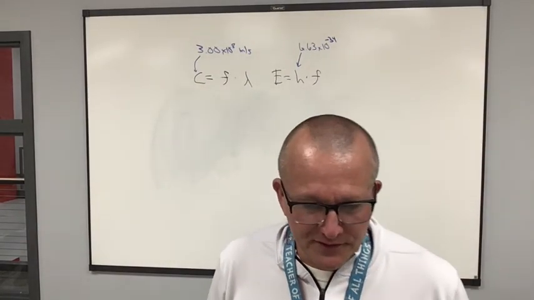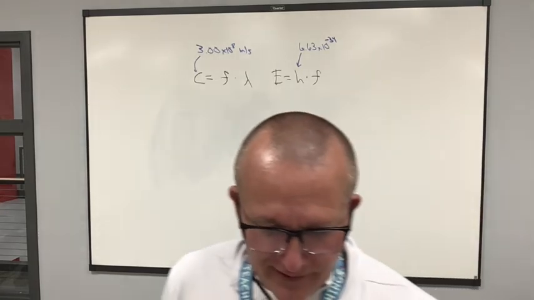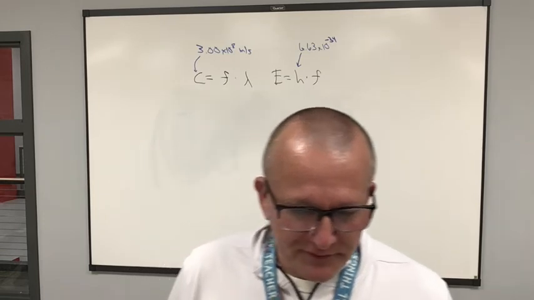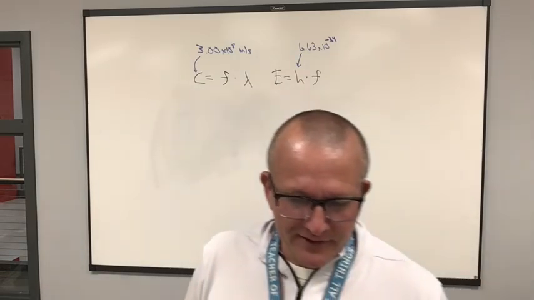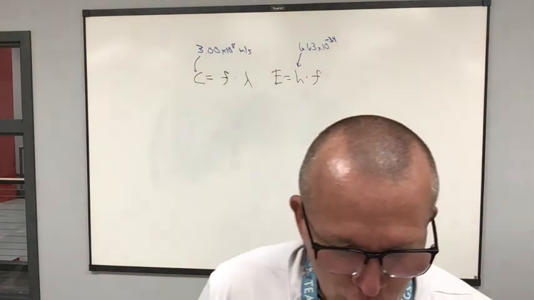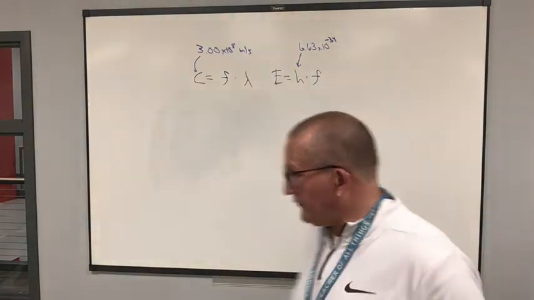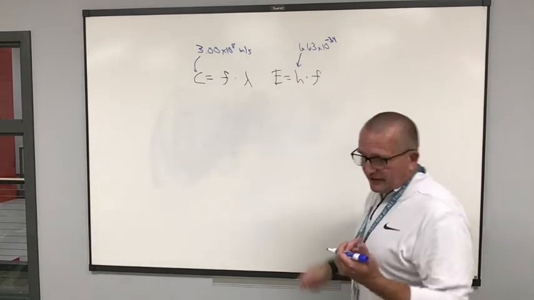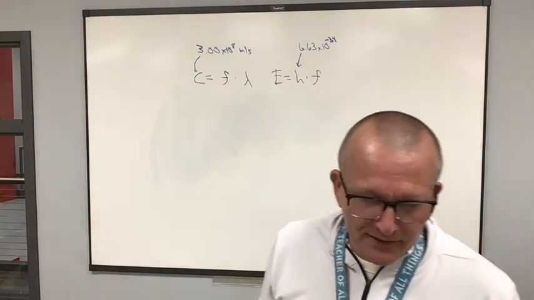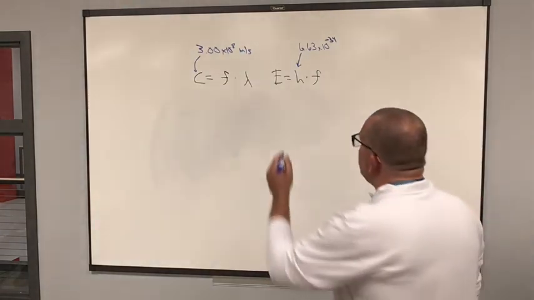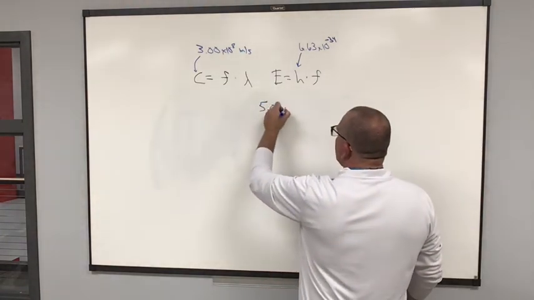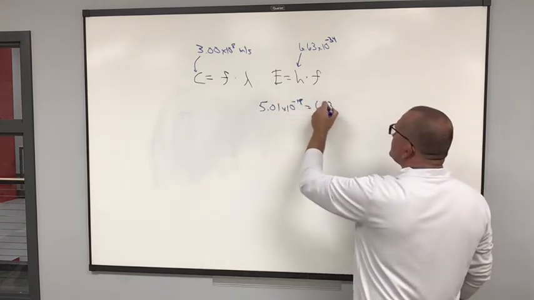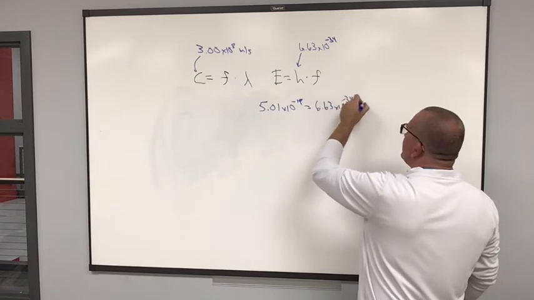All right, so the energy difference between the first and second energy levels in a certain atom is 5.01 times 10 to the negative 19 joules. What frequency of light is necessary to excite an electron in the first energy level? So we know energy and want to solve for frequency. H is, of course, Planck's constant, so I just substitute and go. So E is 5.01 times 10 to the negative 19 equals 6.63 times 10 to the negative 34 times F,